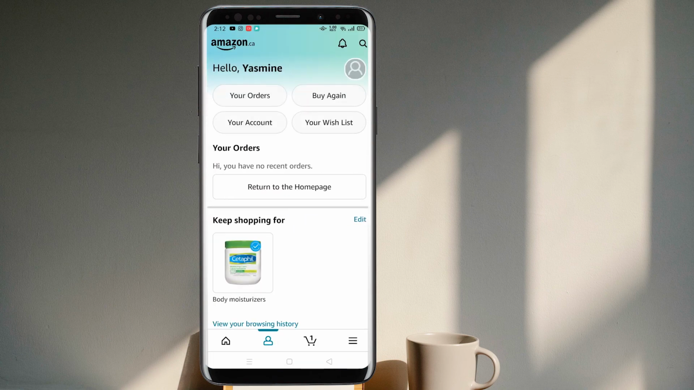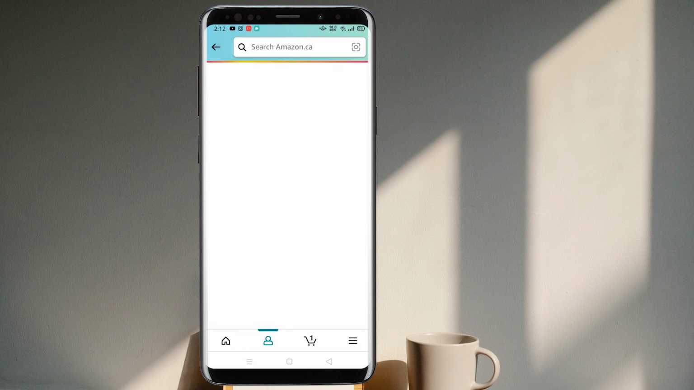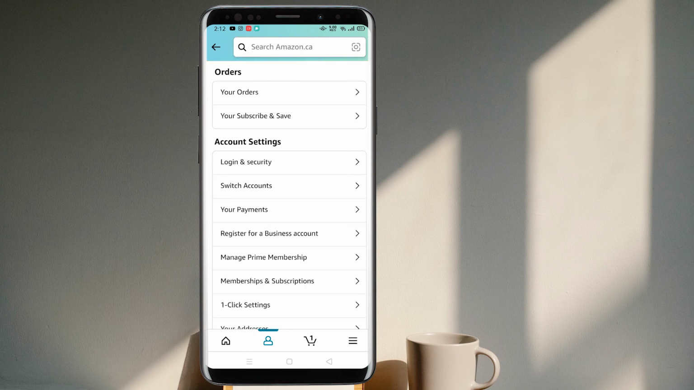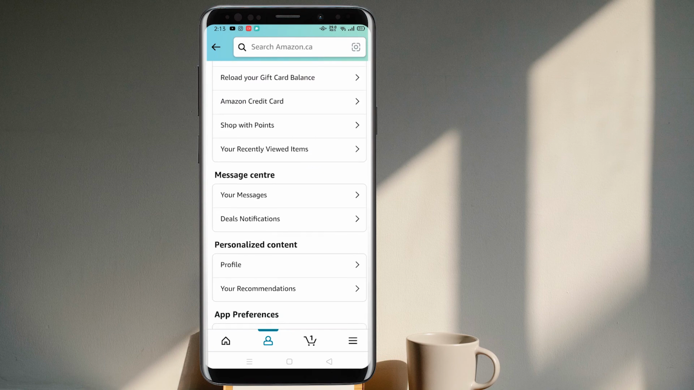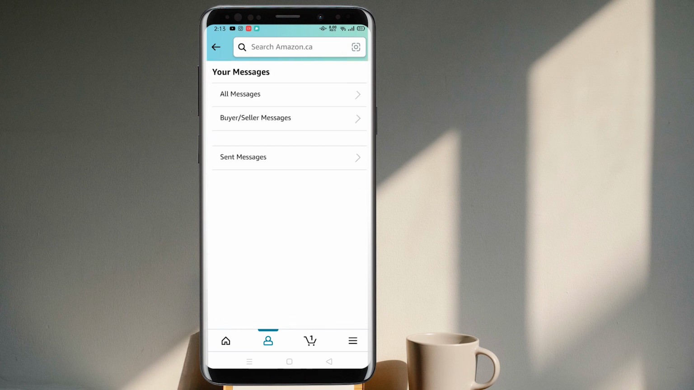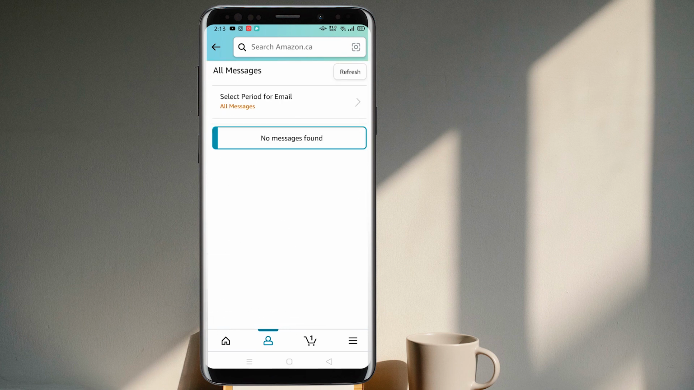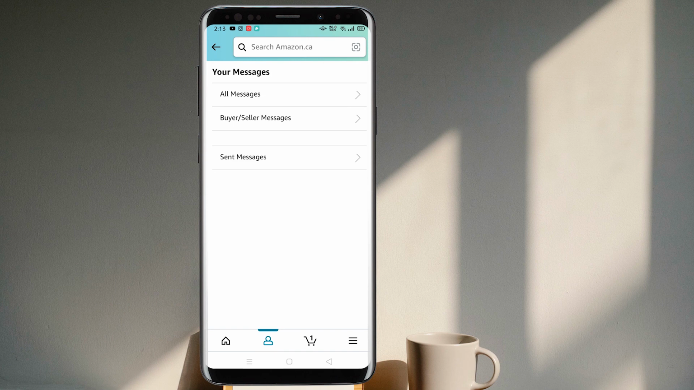same icon in the very beginning and select the second option, that is your account. Once we tap in here, scroll down and go to message center, in which select the first option, your message. Once you select here, you see all messages. It can be anything that is related to your Amazon Shopping account, or select the second option, that is buyer seller messages. So the message that you send to the